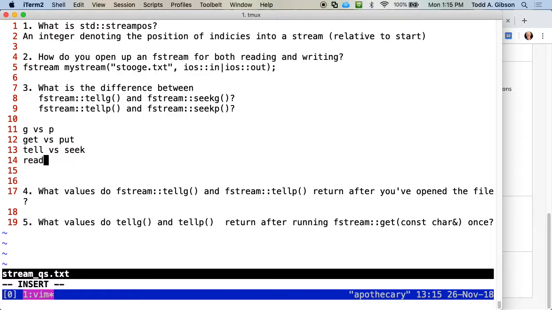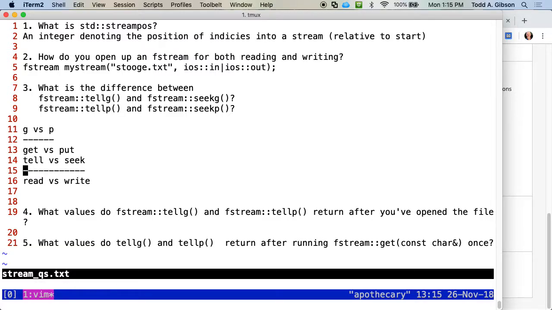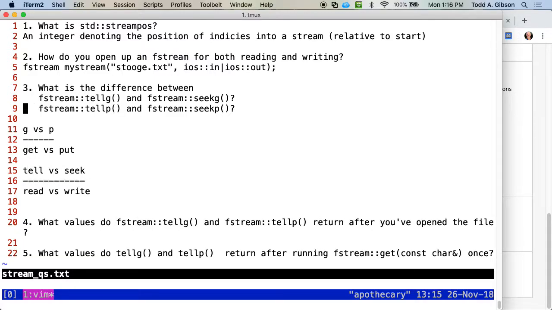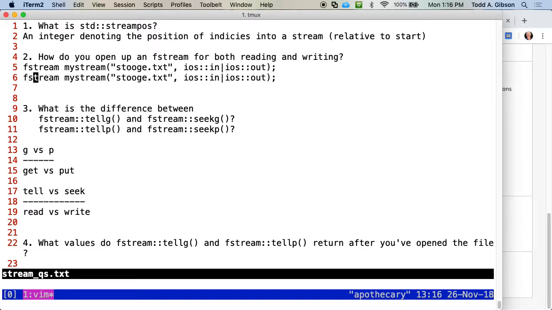So for number 2, my example had fs.open for the file fstream, and then had the name of the file, like you do there, and then had the in, out. Then it also had app. Do you know what that flag means? I'd have to look it back up. It's for if you're writing apps. No, it's append. Yeah.